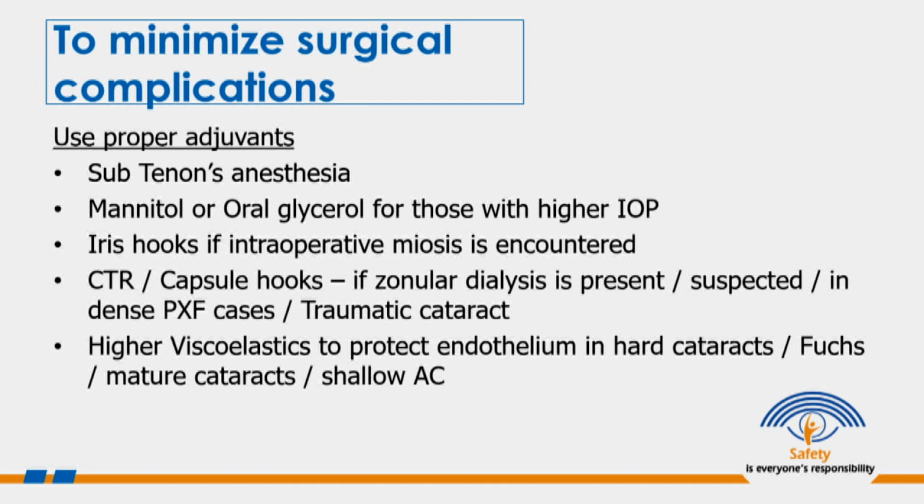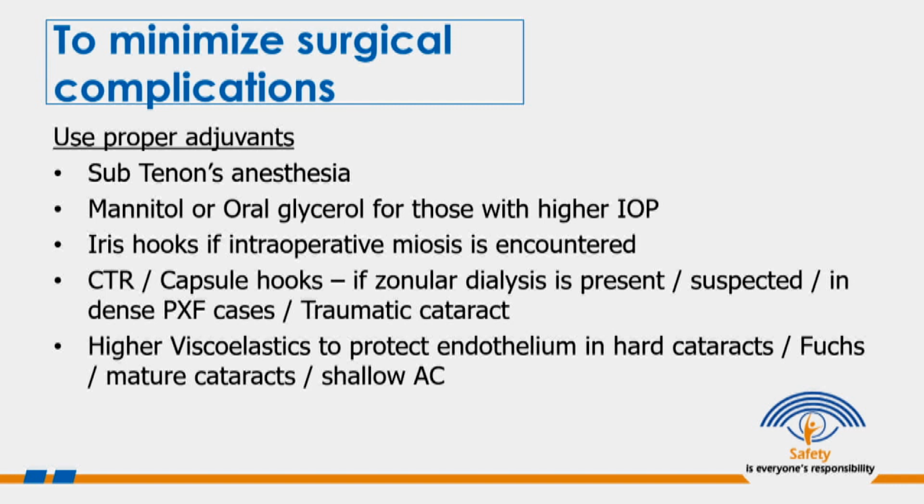And again, wherever the IOP is marginally high, or where there is a phacolytic glaucoma or phacomorphic glaucoma, administering IV mannitol or oral glycerol will bring it down. Last year, of maybe 125,000 cataract surgeries, we didn't have even one expulsive hemorrhage. But 10 years back, we had at least maybe 2 or 3 patients. But understanding that there is an issue, even with 2 or 3 patients, how you address it becomes very important.